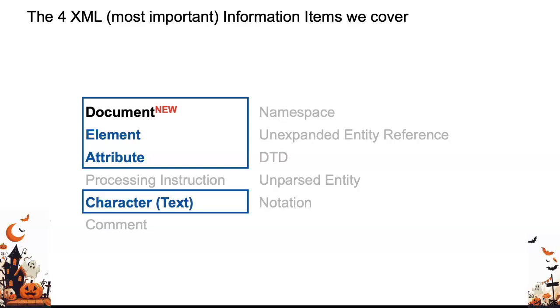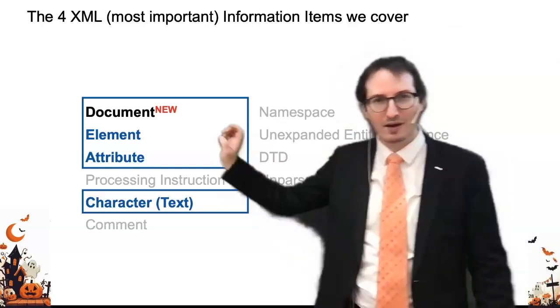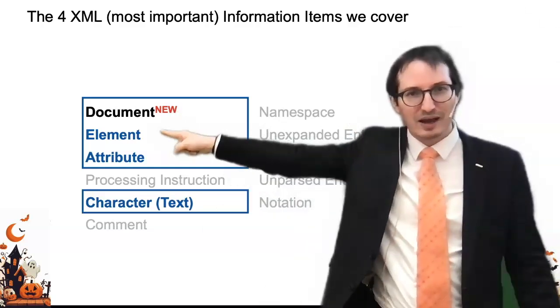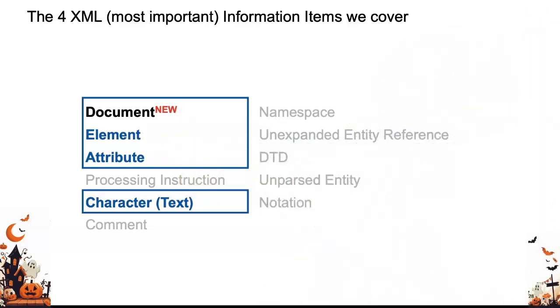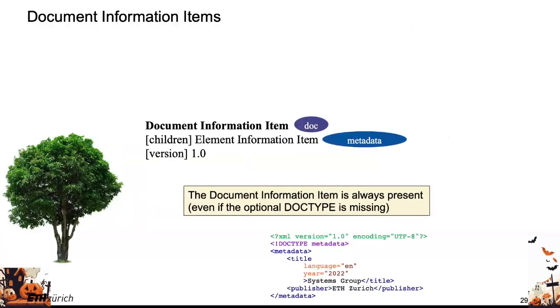So I'm just going to focus on 4 of them, and you will see it's easy because it maps to the syntax we've learned. So the 4 I'm going to focus on are document nodes, element nodes, attribute nodes, and character nodes. Well, they don't call them nodes, they say information item because it sounds fancier. So this is document information item, element information item, attribute information item, and so on. But basically, these are the kinds of nodes you have, right? I'll focus on these 4. So first, that's the document